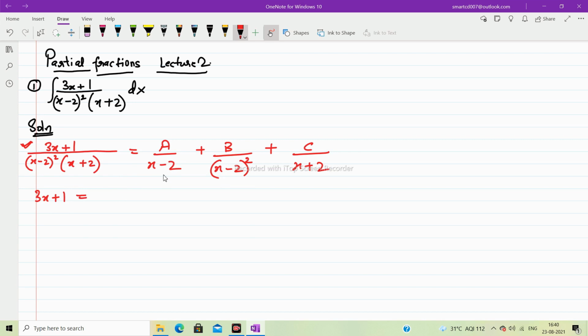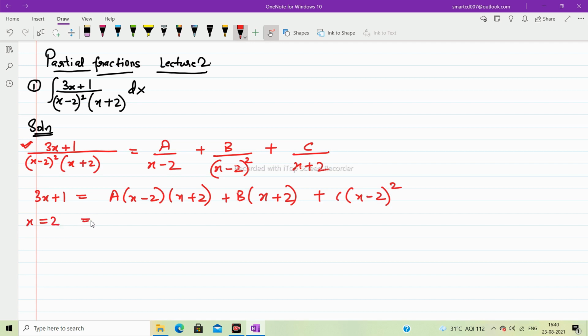When you take the LCM, see here there is already an x - 2 but only one. So there will be one more x - 2 which will come here, and x + 2. Then you go towards b. b has (x - 2) the whole square, so it will have only x + 2. And c has only x + 2, so this will have (x - 2) the whole square. Again, the common denominator will get cancelled. So now I can put x as 2.